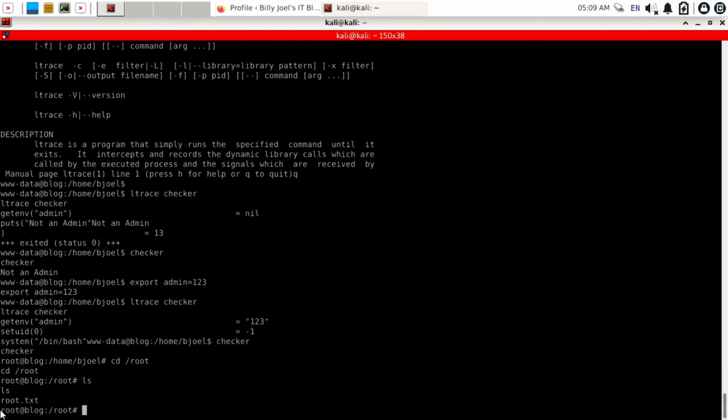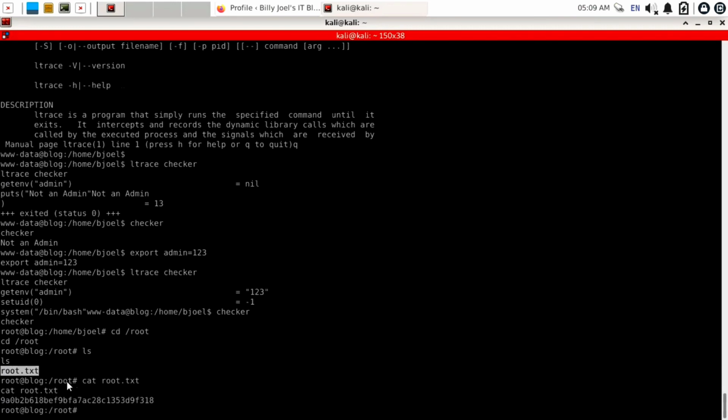Now just use sudo and go to /root, and use ls to find the root flag. The root directory contains the root flag, it's root.txt. To display its content, use the command cat root.txt, and it's our root flag. Simply triple click this and copy our root flag.